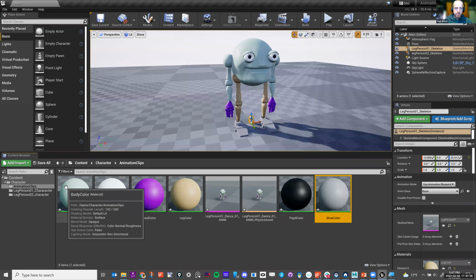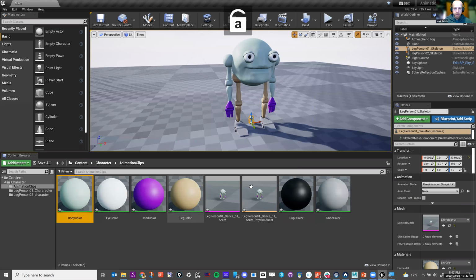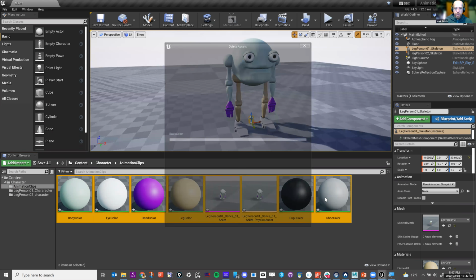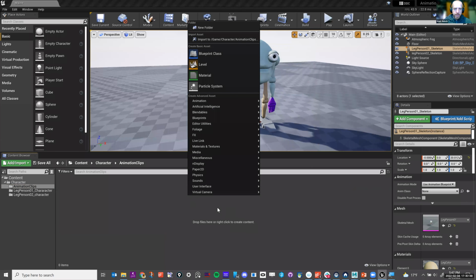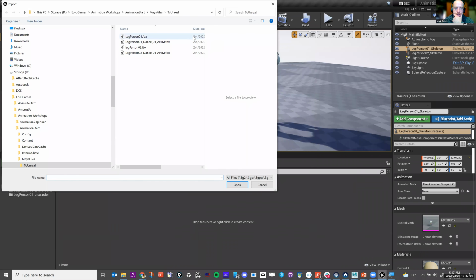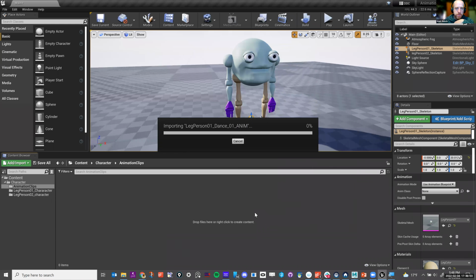Let me just delete this stuff that I have in here, because this shouldn't be. It should only be like one file that came in. So let me try that again. I'm going to right mouse click, do import game character options, and I'm doing my dance person one FBX and then open.